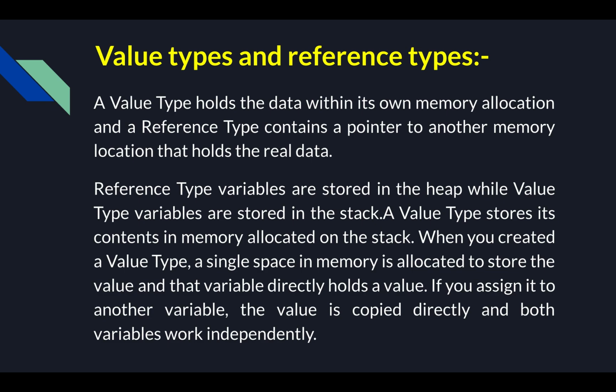When you create a value type, a single space of memory is allocated to store the value, and that variable directly holds the value. If you assign it to another variable, the value is copied directly and both variables work independently. So, whenever a value type variable is modified at some point in the code, the original value will not be affected. These are the few points that are very necessary for value type and reference type,